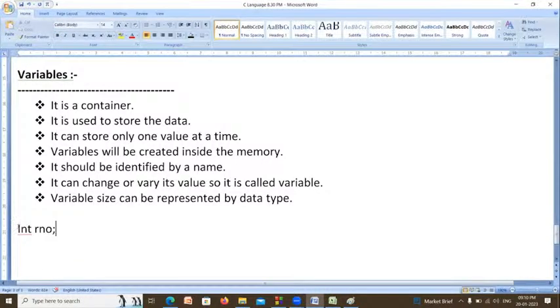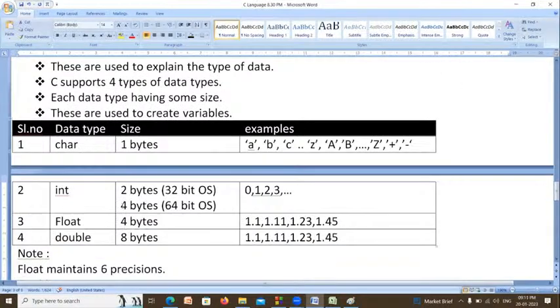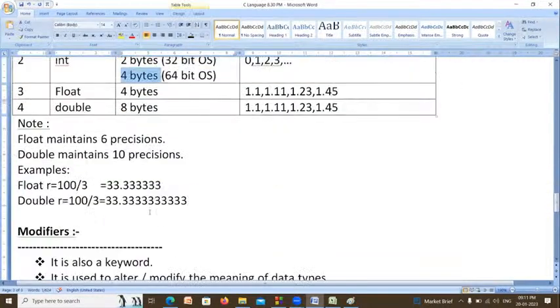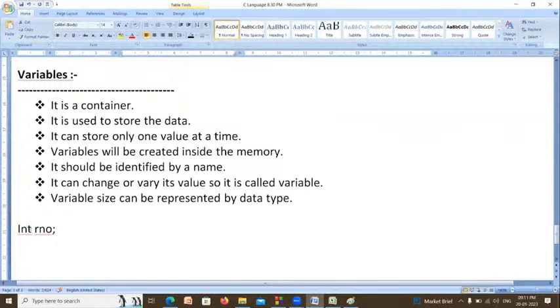So whenever you say integer roll number, what is the size of integer? The size of integer in my system is 4 bytes. So the computer allocates 4 bytes of memory for this. How can the computer understand the size of this container? By specifying the data type. So variable size can be represented by data type.